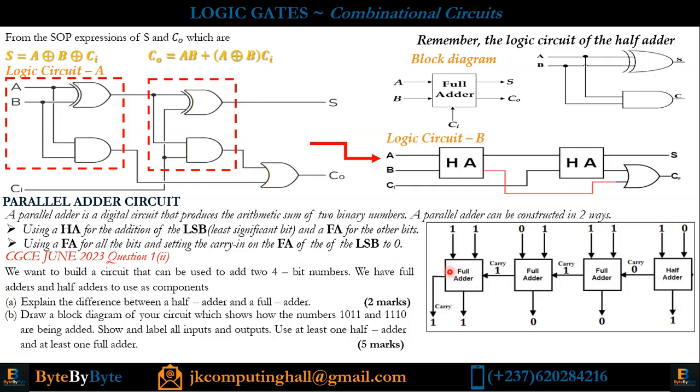This is my carry. The last full adder now, I am adding 1 plus 1 plus 1, which gives me 3. What is 3 divided by 2? 1 remainder 1. So this is the carry. Since there is no more full adder, it simply comes as the last carry. That is why 1011 base 2 plus 1110 base 2 gives me 11001 base 2. That is how we use a parallel adder.